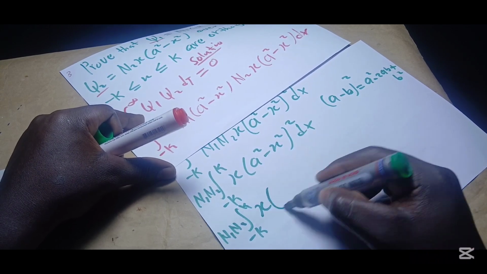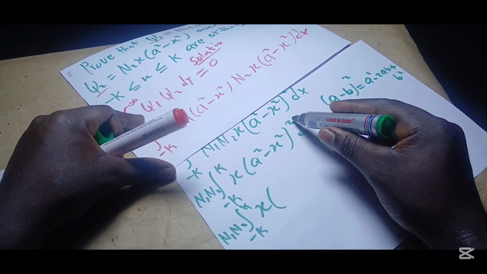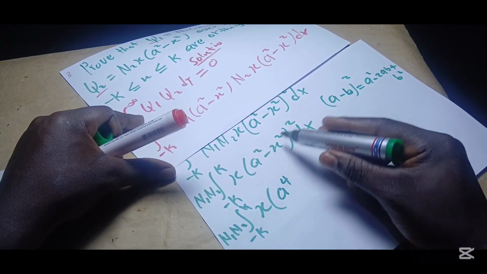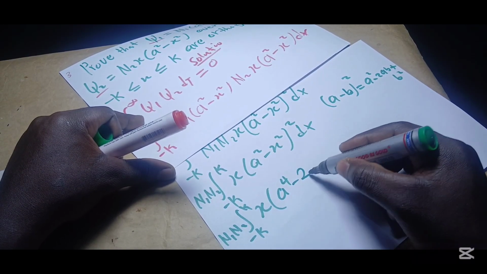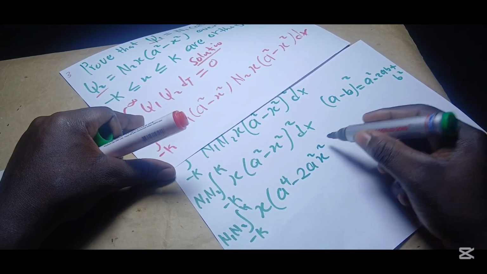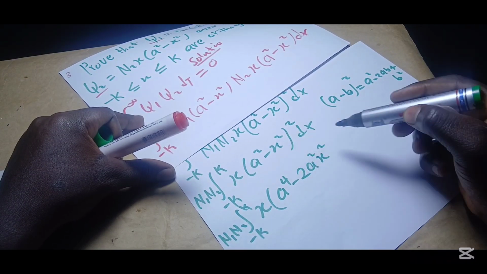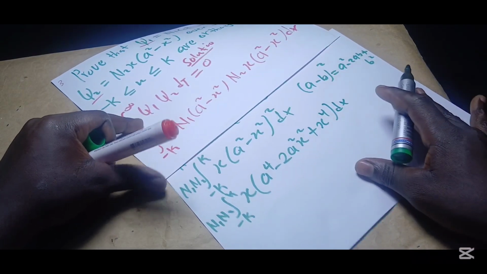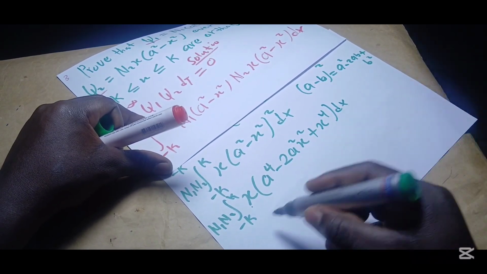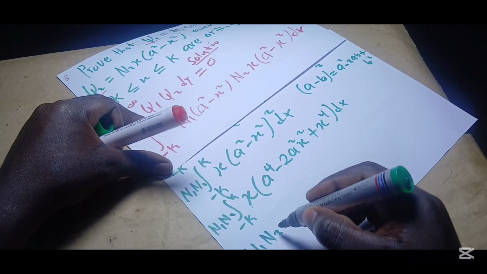So we have our x there. So we square a squared, giving us a to the power 4. Then 2 by a to the power 2 multiplied by minus x to the power 2, giving us minus 2a to the power 2 x to the power 2. Squaring x to the power 2 gives us plus x to the power 4 dx. So now let's multiply x throughout. So we have n1,